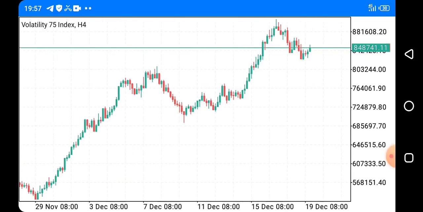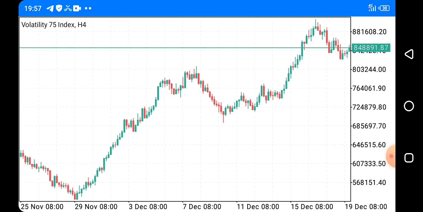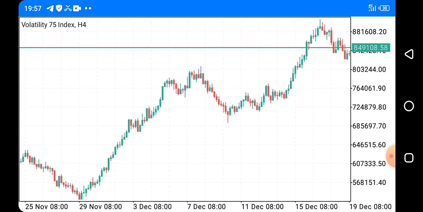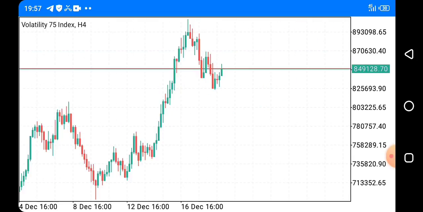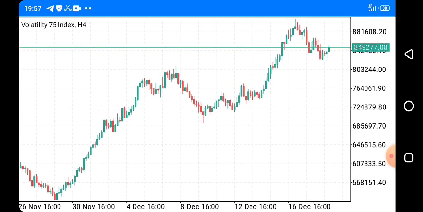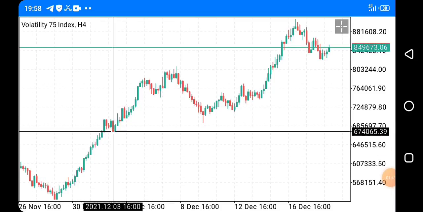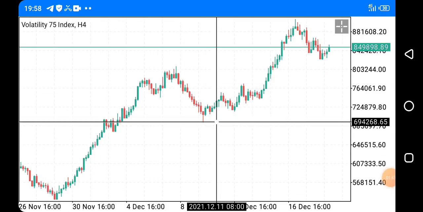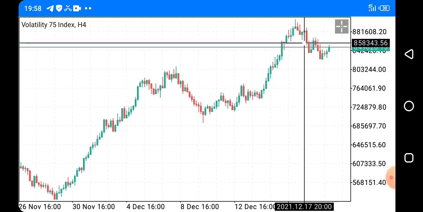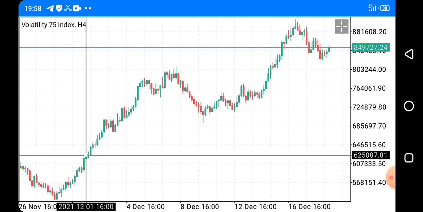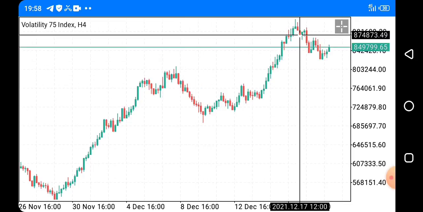All right, so as we can see from our charts, price here is in an uptrend. When we say price is in an uptrend, it means price is forming higher highs and higher lows. In a trending market, we have what we call the impulsive move, and then we have what we call the corrective move. Price moves in this manner: it moves and corrects, it moves and corrects.